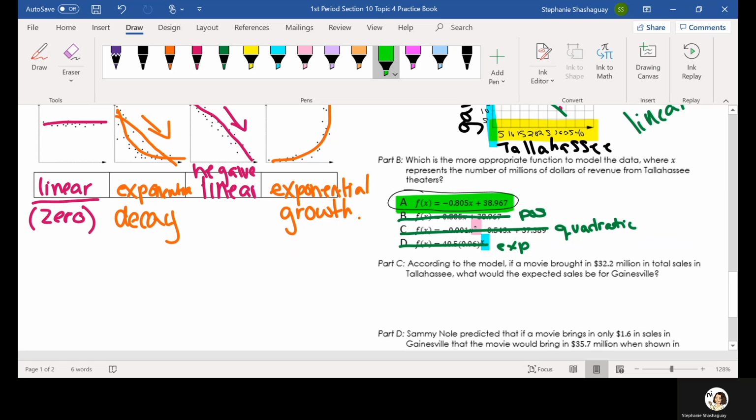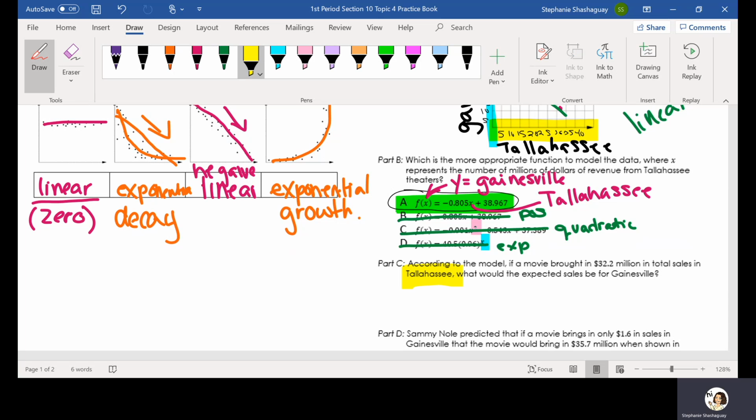So according to the model, if a movie brought in 32.2 million in total sales in Tallahassee, what would be the expected sales for Gainesville? So according to what we have here for our equation, our f of x, that's our y, so that is equal to Gainesville. And our x value, that is equal to Tallahassee. Okay, so if a movie brought in 32.2 million for total sales in Tallahassee, that's my x value. I have to plug in that x value and find f of 32.2, and that's going to equal negative 0.805 multiplied by 32.2. Okay, this is what I'm plugging in here for my x value,